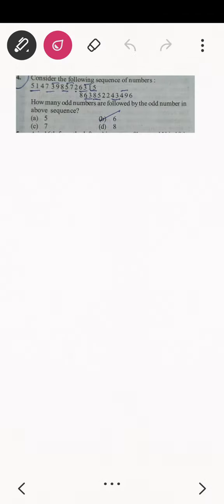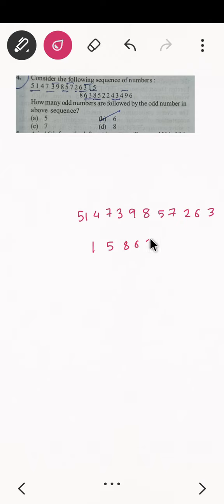So please bear in mind this type of question. Next, consider the following sequence of numbers and how many odd numbers are followed by an odd number in the following sequence. The numbers given are 5 1 4 7 3 9 8 5 7 2 6 3 1 5